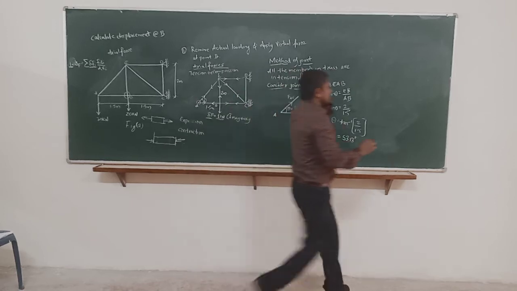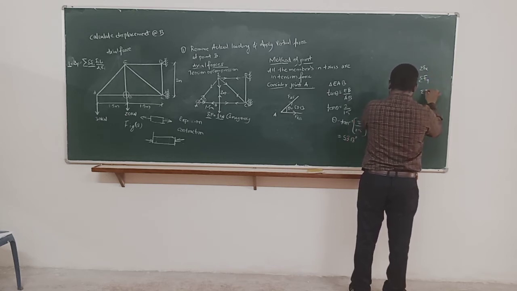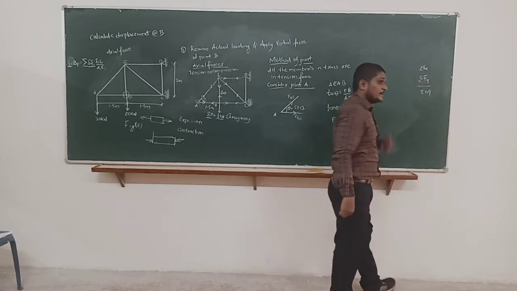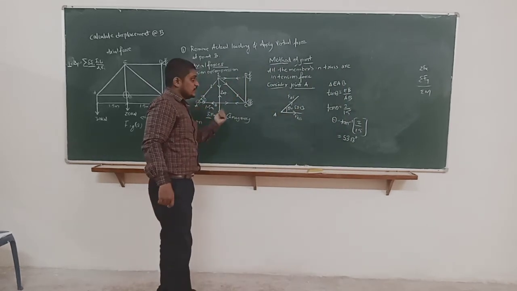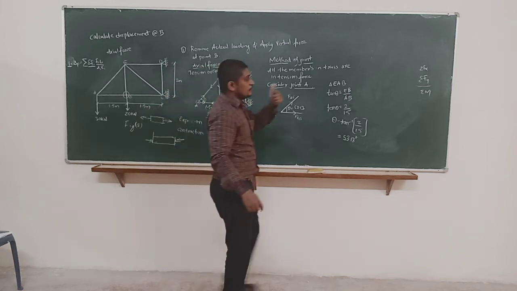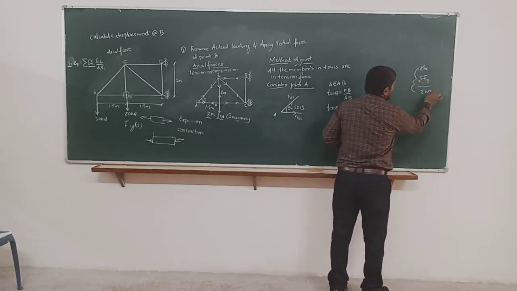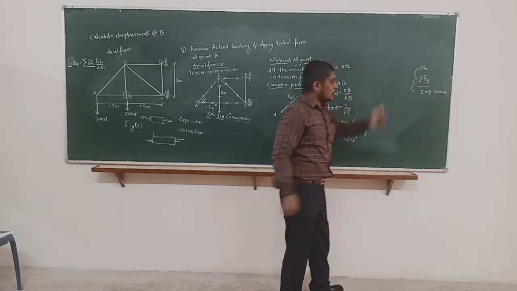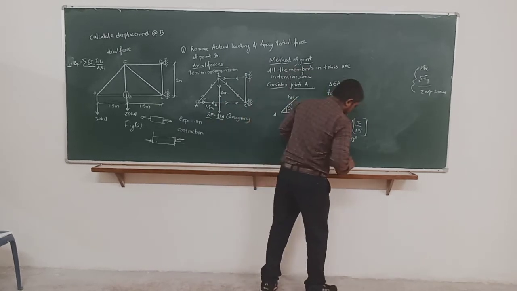Now as I told you, you have to keep our equations of equilibrium for the two-dimensional figure: summation of Fx, summation of Fy and summation of moment. So most of the times in the method of joints, these two are enough to solve. But sometimes we go to one more method to calculate the member forces, that is the method of sections. See, simple. Out of these three, one should be a known value. Then it is possible to calculate two unknown values. If all three are unknown values, then it is not possible to solve. Okay, I will show you in the solution.